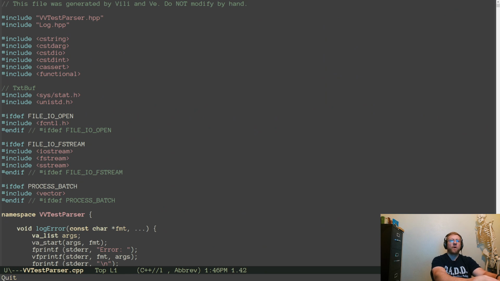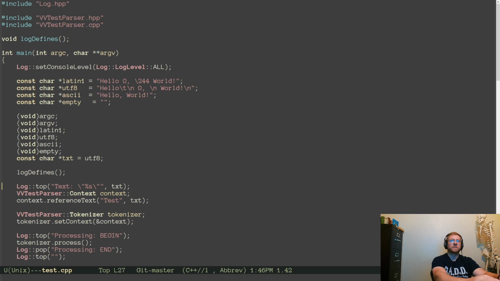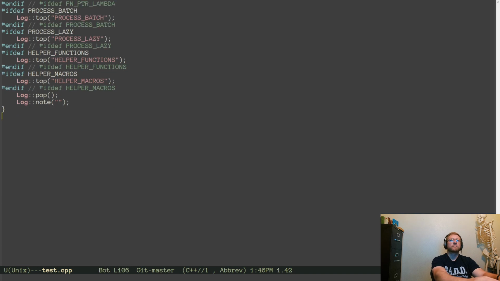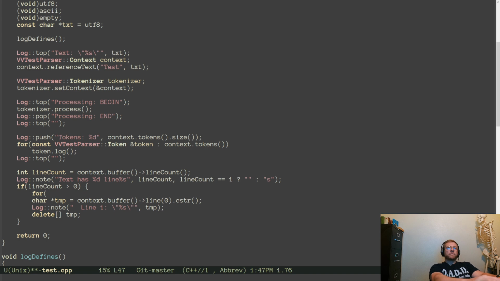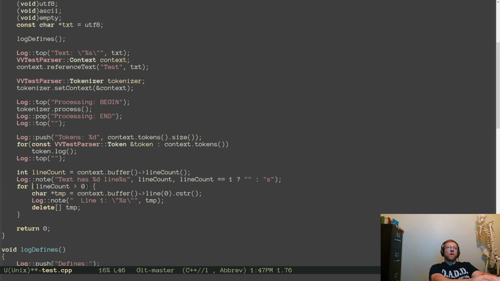And then test. Literally just doing the 1 line. Index equals 0. Index less than line count.